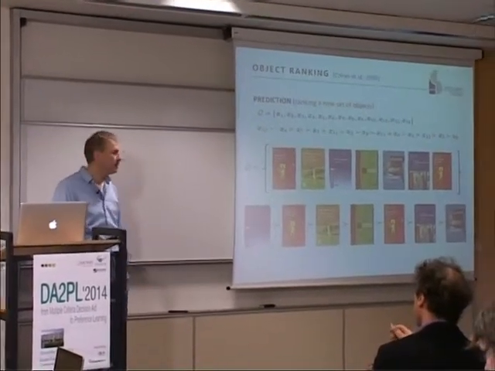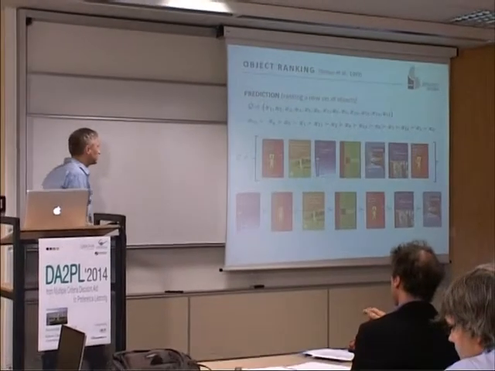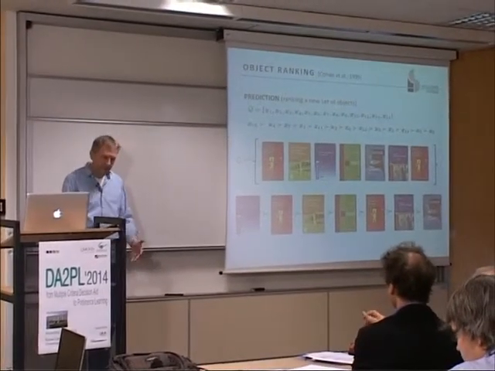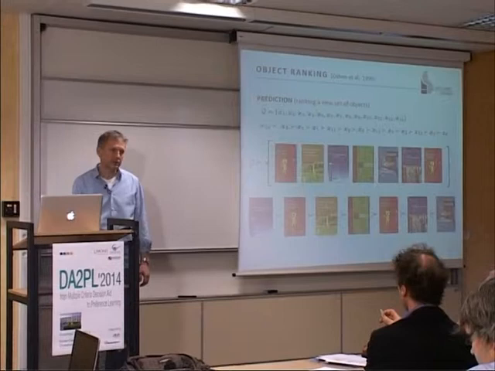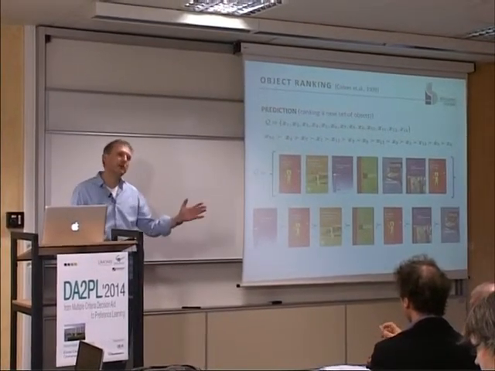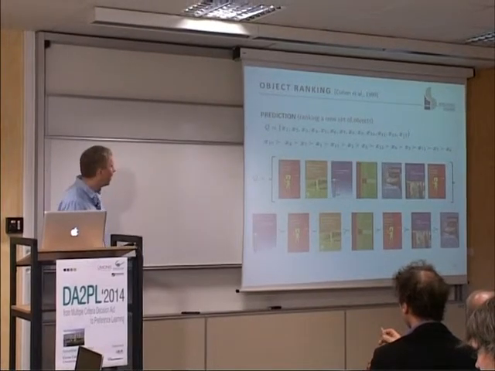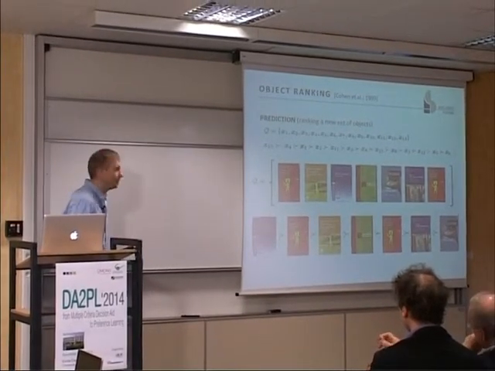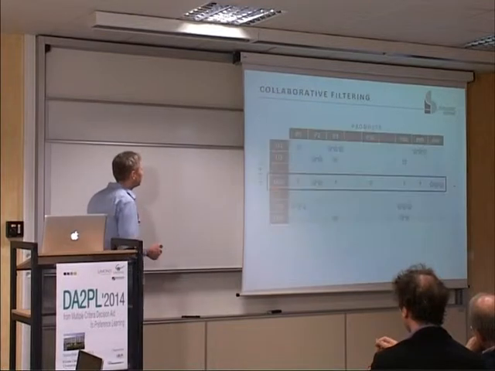This has to be specified. I will come to this point later on in terms of a proper metric, in terms of a proper loss function. But anyway, the idea is to provide a ranking that is somehow in agreement with the preferences of the person for whom that ranking is actually predicted.